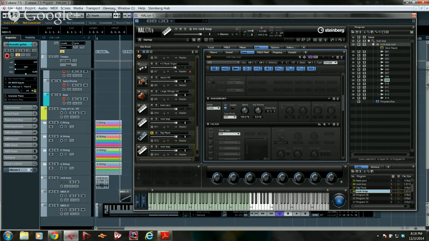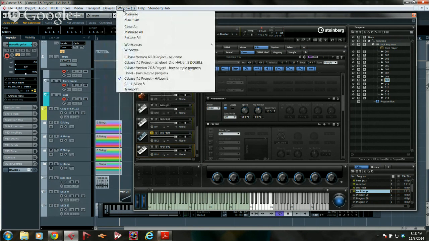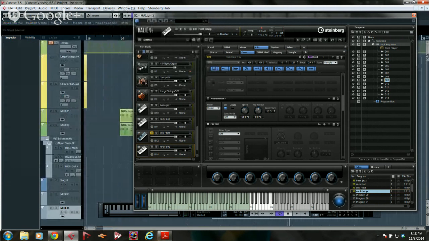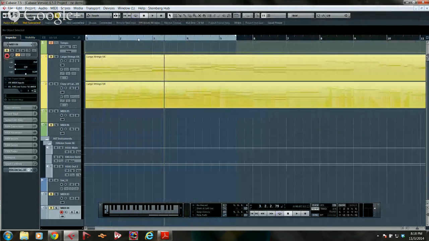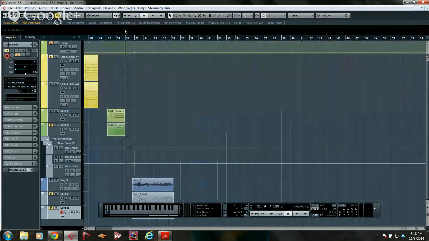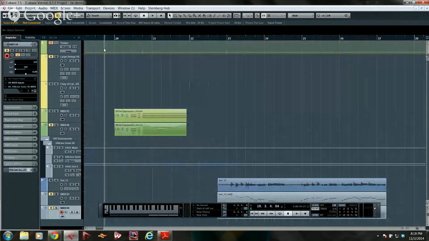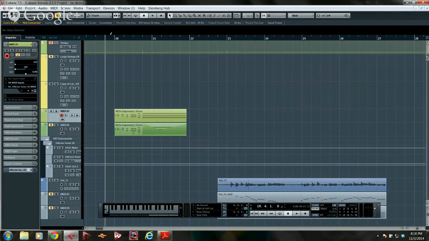Now, one of the things that sets apart HALion from every other sampler on the market is going to be this concept of VST Expression. This is something that we could do inside of Cubase with VST 3.5 instruments. So this is open to everyone in the market, but most companies haven't really had the option to take advantage of it, or rather, they haven't chosen to take advantage of it. So if I were to play, let's say, a brass part like this,